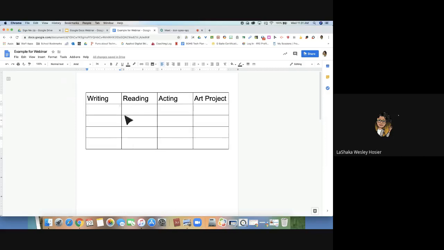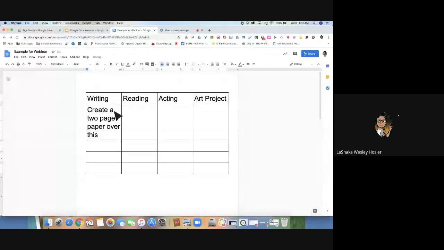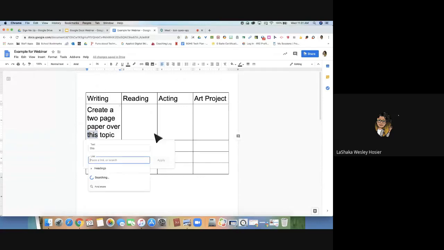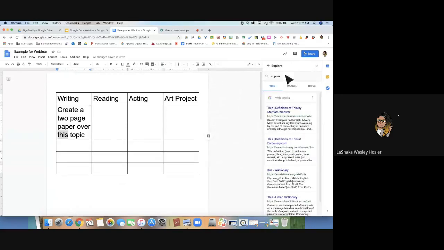Oh yes, Gina suggested Wicker. Excellent, Gina. So writing, inquiry, collaboration, organization, and reading. Okay, so you could do Wicker there. And let's just say I've got create a 2-page paper over this topic. So now from this, I can insert a hyperlink and it'll give you suggestions, or I can search and find web images. So if I want them to write about cupcakes,